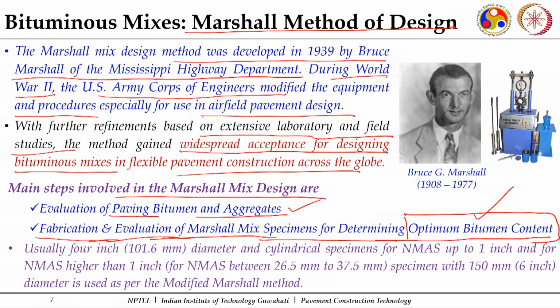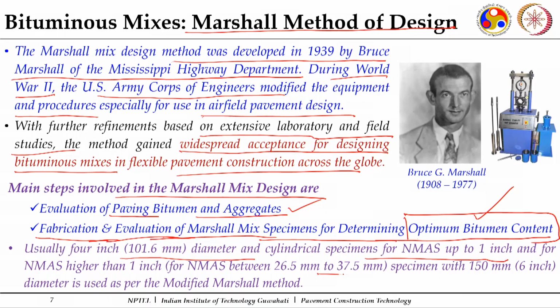Now, for this particular exercise, cylindrical specimens are to be prepared. The most commonly used are 4-inch specimens having a diameter of 101.6 mm. This is specifically for aggregates having NMS up to 1 inch, and for NMS greater than this, normally up to 37.5 mm, that is 1.5 inch, we can go for specimens prepared with a diameter of around 6 inches. And that mix design method, when modified especially for 6-inch specimens, is known